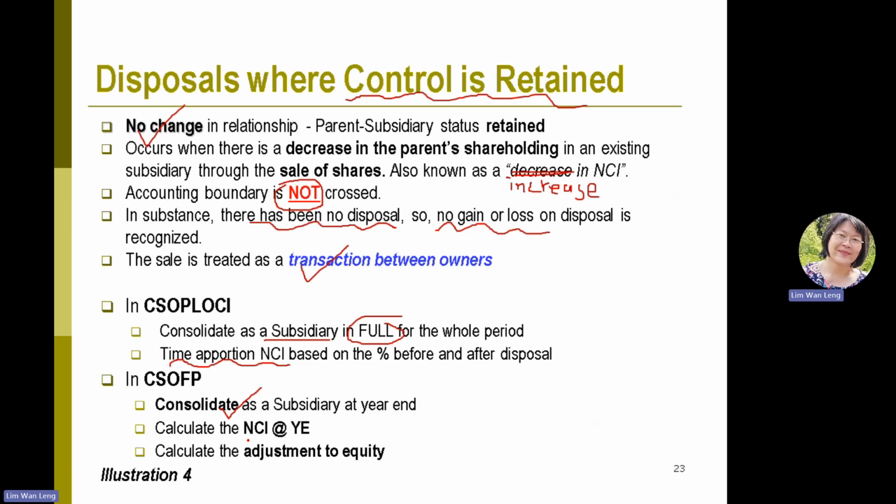And when you calculate the NCI, just remember that NCI must be based on the percentage at year end. So at year end, your NCI has gone up. Then, since we say that you have to make an adjustment between the owners,